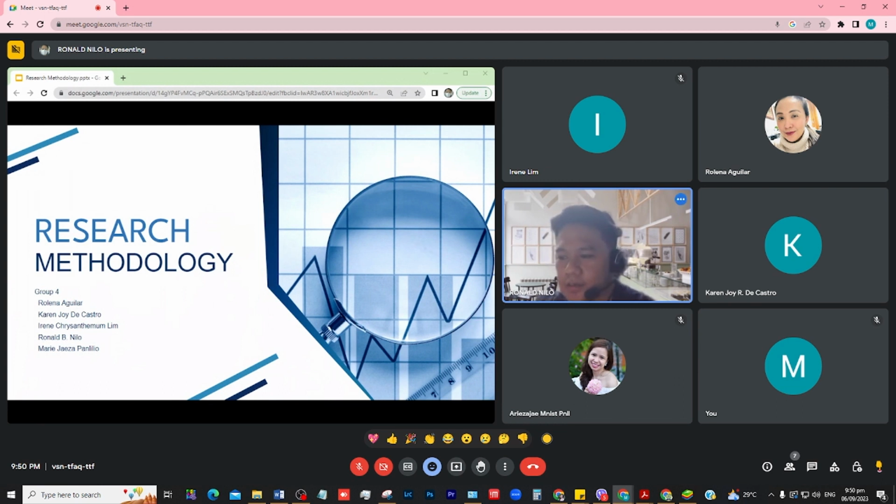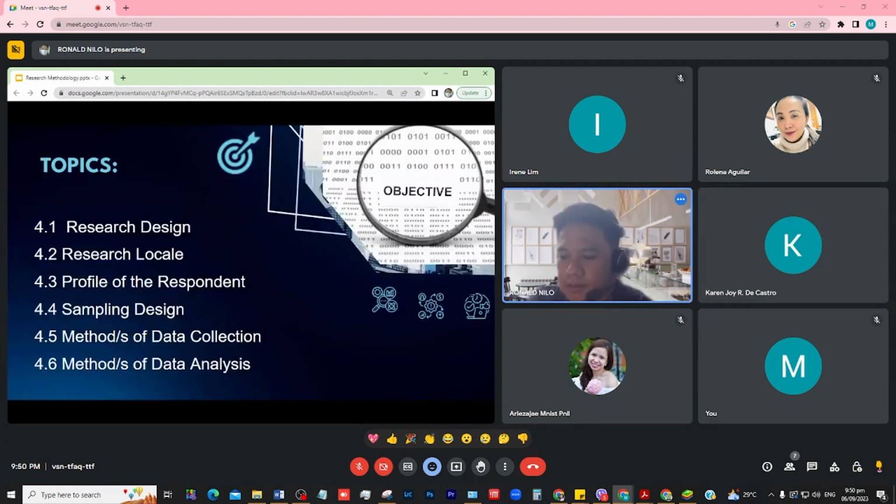Rolina Aguilar, or Miss Bing, Karen Joy Di Castro, Irene Crisantimum Lim, myself, Ronald Binilo, and Marie J. Sapanlilio. Now, let's proceed. Under the research methodology, there are 6 topics included: the research design, the research locale, profile